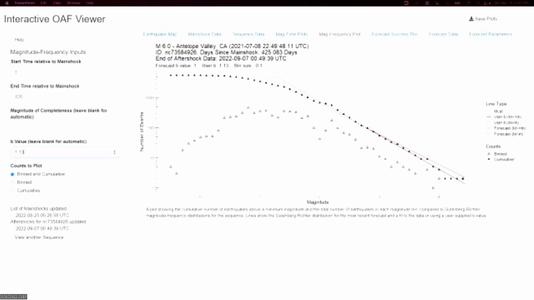Next would be a magnitude frequency plot, which shows the log number of events over magnitude. The solid triangles are the cumulative number of earthquakes above a minimum magnitude, and the open triangles are the total number of earthquakes per magnitude bin, and these have a bin size of 0.1. The vertical line on the plot is the magnitude of completeness, and then the red